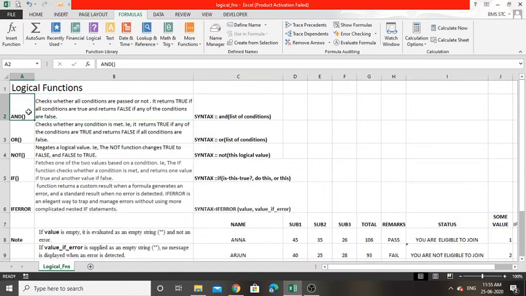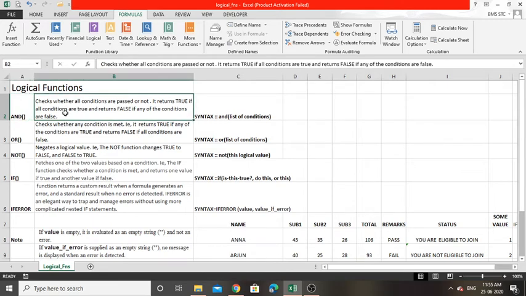So the AND function will give the output true if all the supplied conditions along with the AND function are true, and it will give the output false if any of the conditions are false.